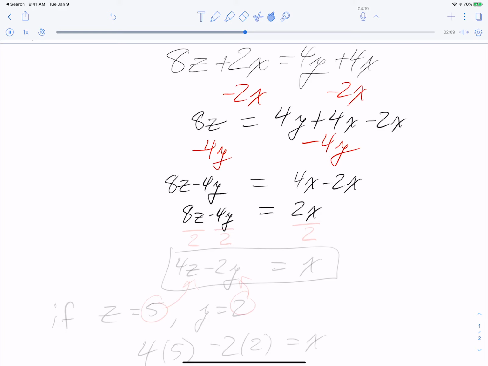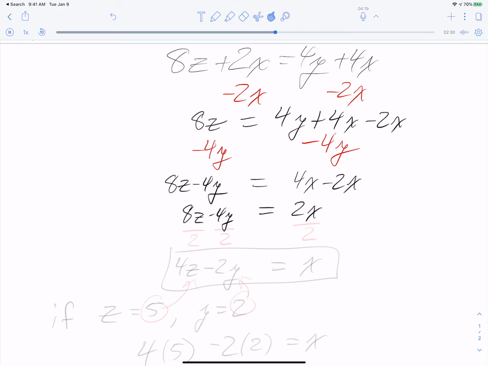If you didn't do it exactly as I did, that's fine. I kind of looked ahead and saw, well, I don't like dealing with negative numbers unless I have to, and so if I moved the x stuff to the right hand side, I saw ahead of time that would be a positive number. Okay, so now that I've done all my adding and subtracting, which is my rearranging of terms,